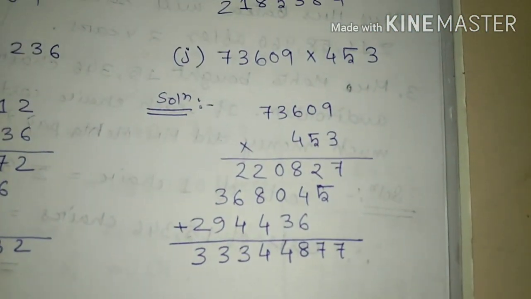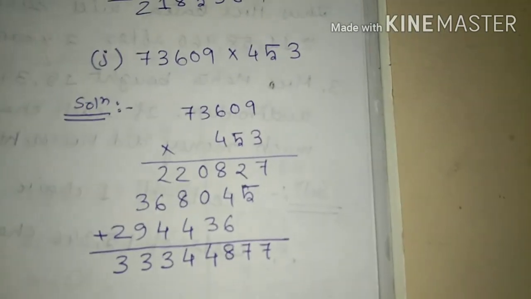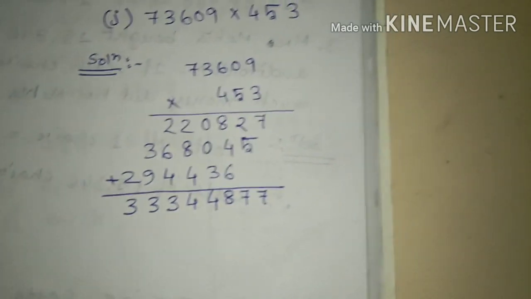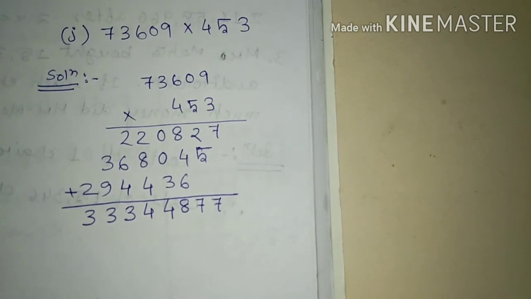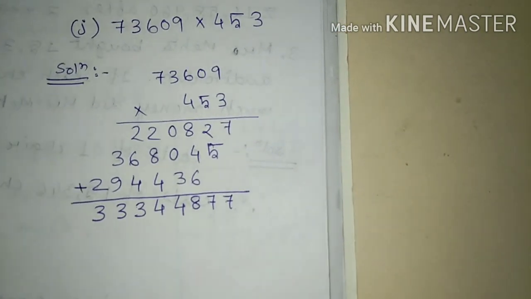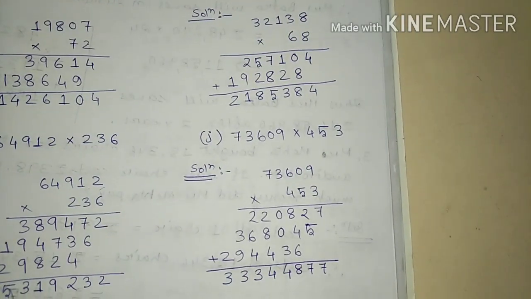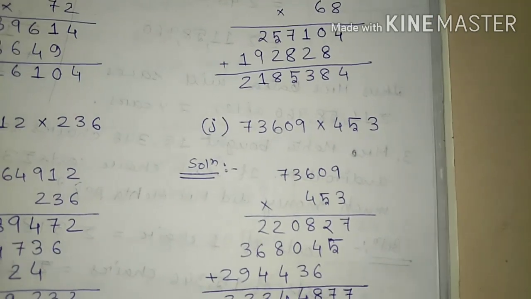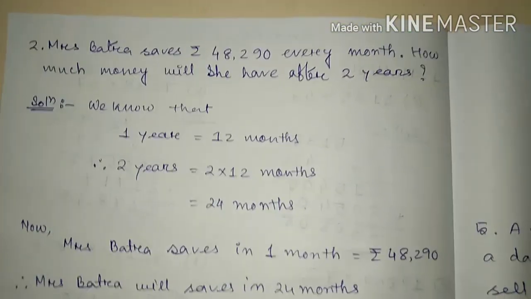So this is simple multiplication only, so you try to verify whether it is correct or not. You check with the help of multiplication. Okay, so these are about this multiply form. This is the large number, we multiply some number with the large number. Okay, so now I come to the word problem.